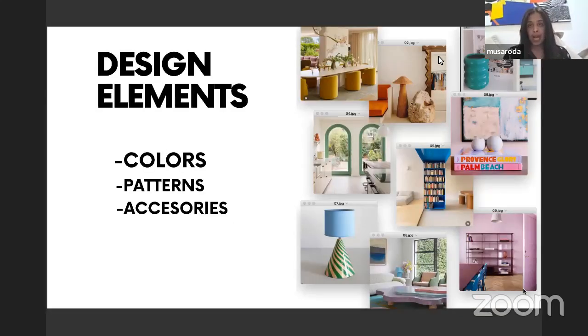So here we have these elements of design: colors, patterns, accessories, and more. We can look at these slides and talk about how colors have impacted these specific designs.